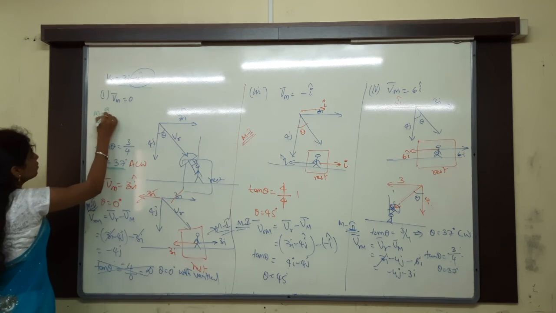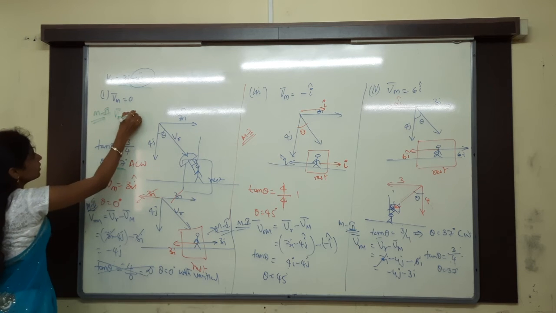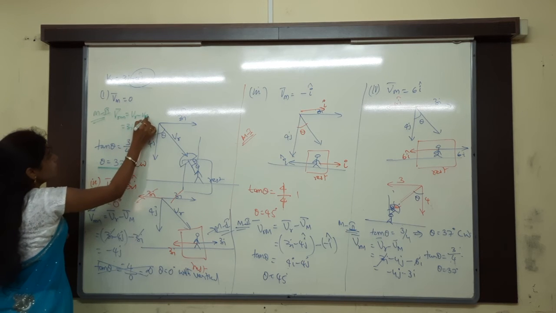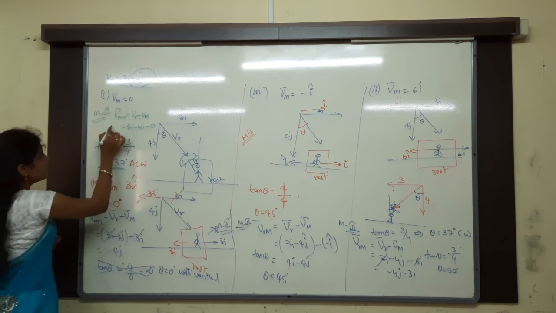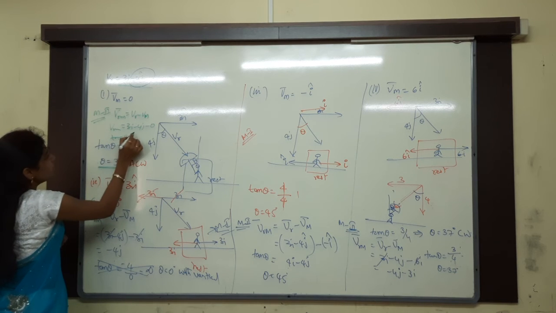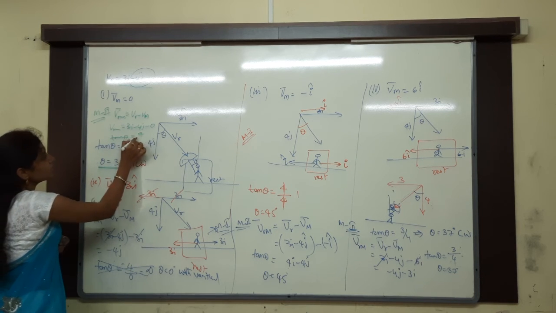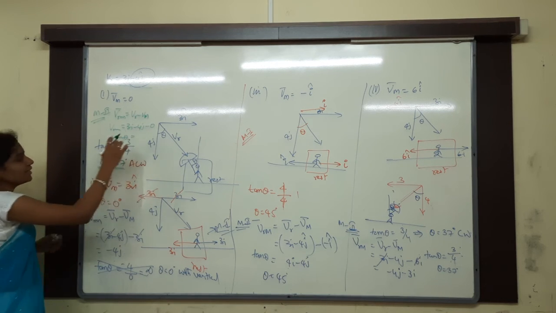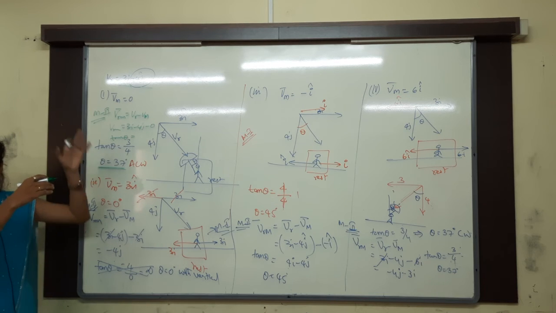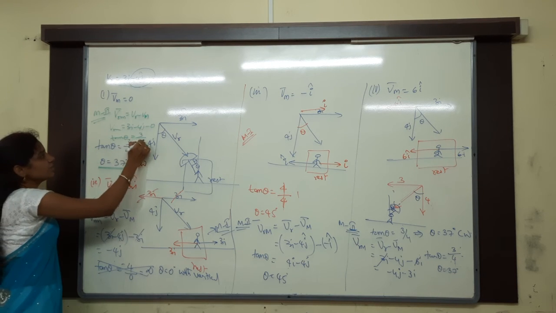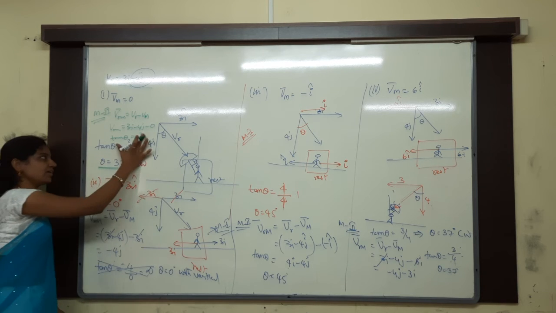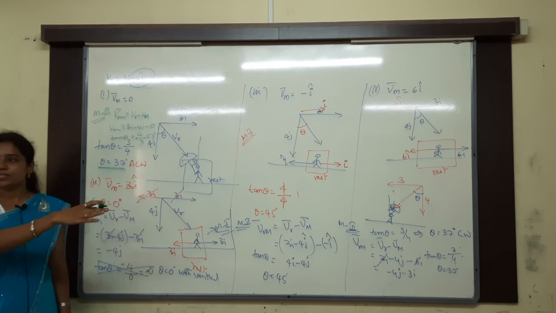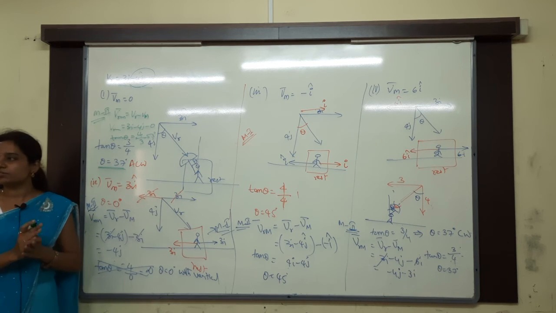If you see method 2, VRM is equal to, what is the formula? VR minus VM. VR is 3i minus 4j. VM is how much? 0. Then tan theta is equal to y component by x component. Y component is 4 and x is 3, so 4/3. Horizontally means y by x; with vertical, nothing but x by y. So how much is that? 3/4. 4/3 is also correct only. But what is the angle you will get? 53. 53 with respect to the horizontal means 37 with respect to the vertical. That is the answer.